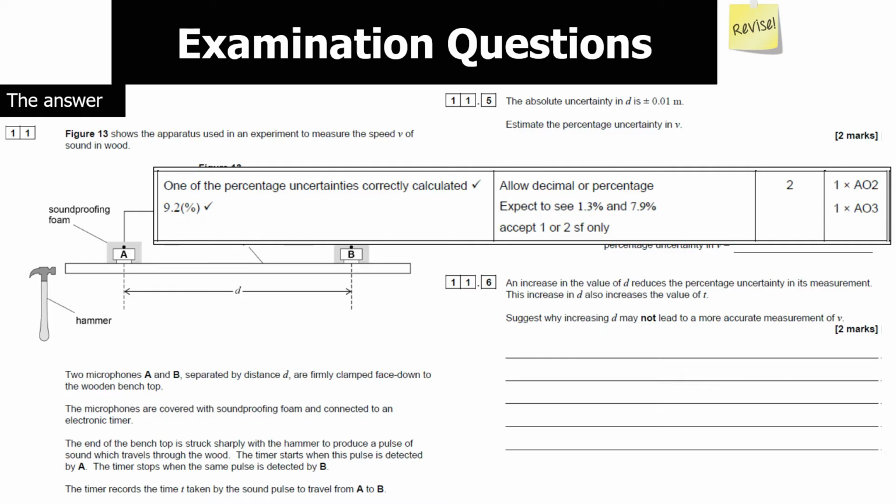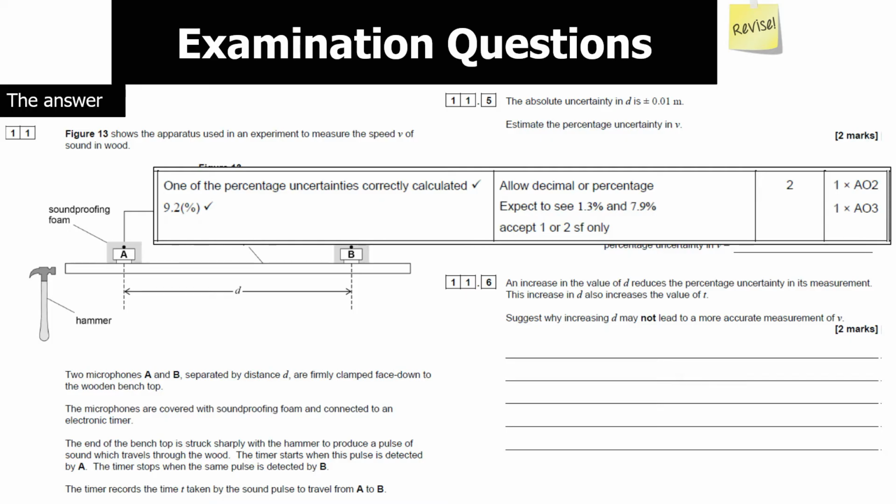Now, because velocity is distance over time, to then find out the percentage uncertainty of the velocity, it's the percentage uncertainty of the distance plus the percentage uncertainty of time, because they are divided by each other, so you get 9.2%. Now, the increase in D may not lead to a more accurate measurement of V, because if you think about it,